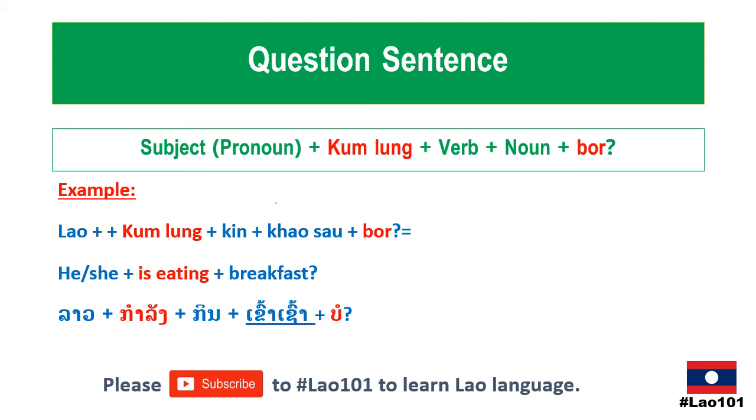เรากำลังกินข้าวเช้าบ่ In Lao, he or she, or we, is eating. กิน means eat. เรากำลังกินข้าวเช้า, ข้าวเช้า means breakfast. เรากำลังกินข้าวเช้าบ่